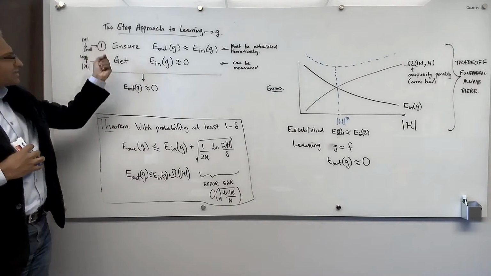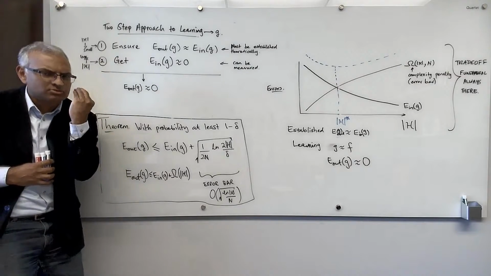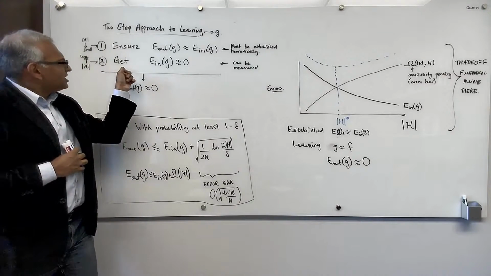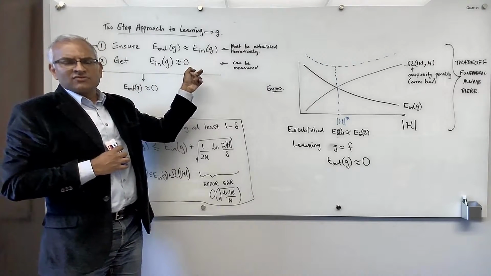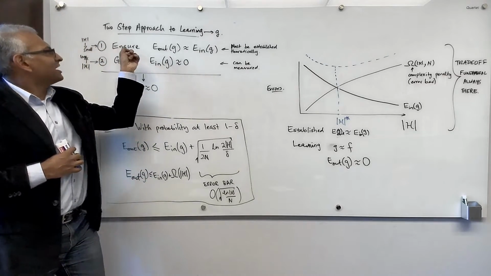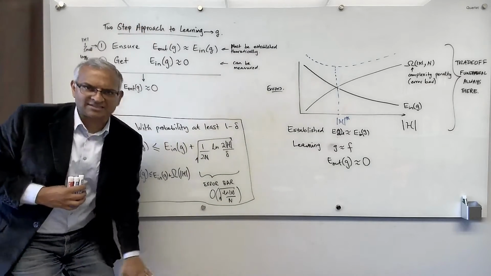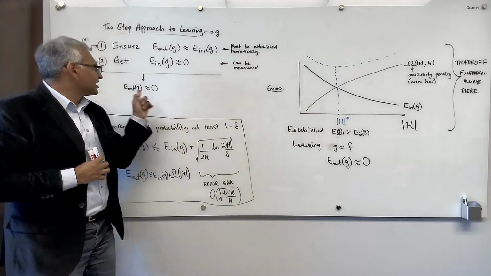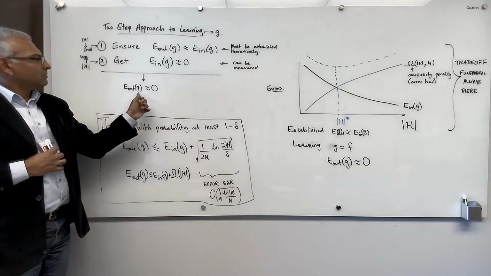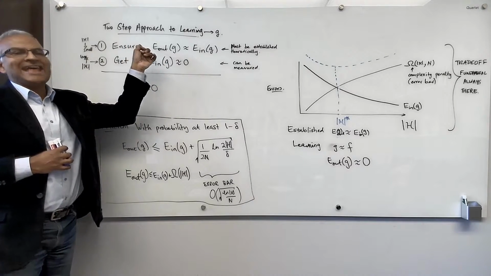The fact that you understand this trade-off, that you understand there are 2 steps to this learning process, and it's very easy to get this down. It's very easy to get E in down to 0 and forget about that. And that's a disaster. Okay. Because you haven't accomplished E out. The only way to accomplish E out is if you get this and that.